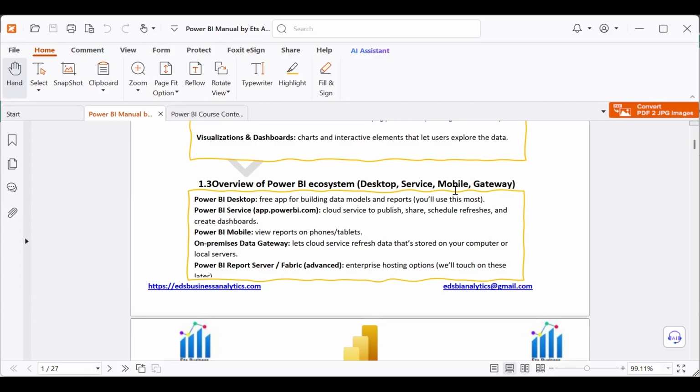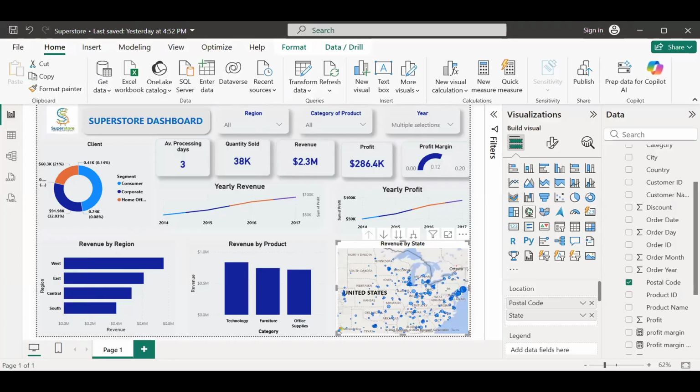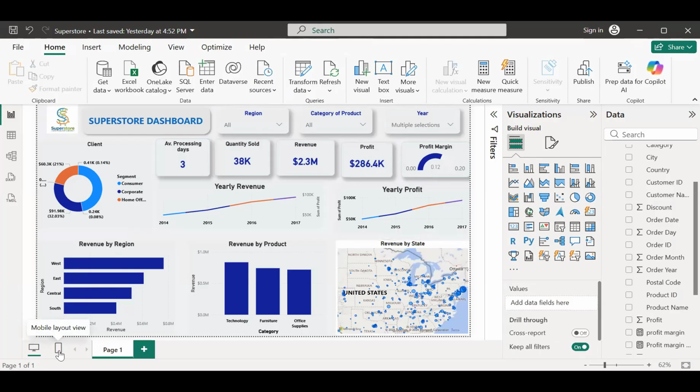So that's Power BI, the mobile version. But it must be built using Power BI desktop. I think the view is there. Let me show you the view, mobile view. Then if we come back to our dashboard, if you look down here, you will see that we are on the desktop view. That looks like a computer, right? Now, if I click here,